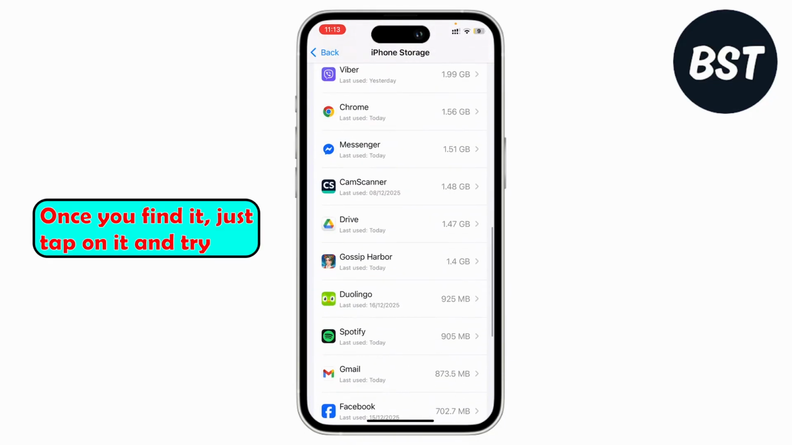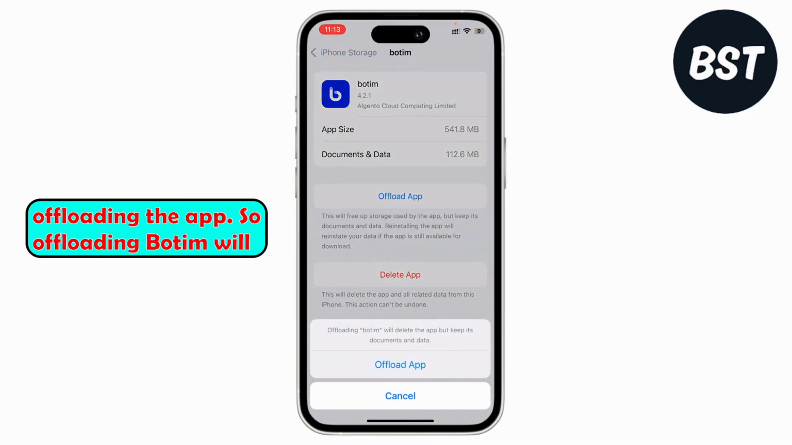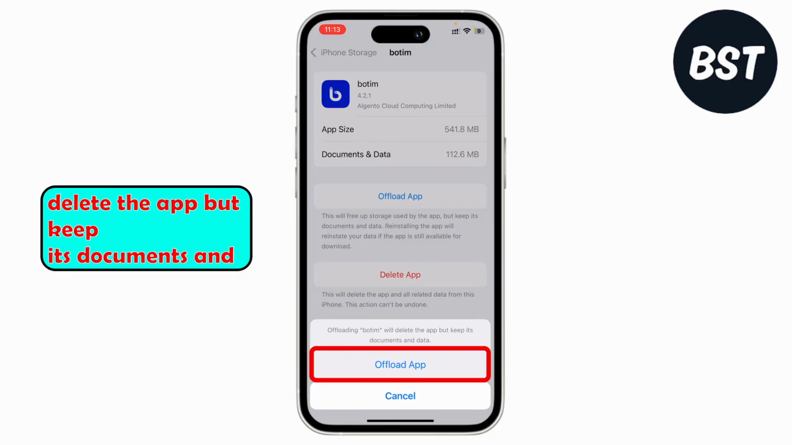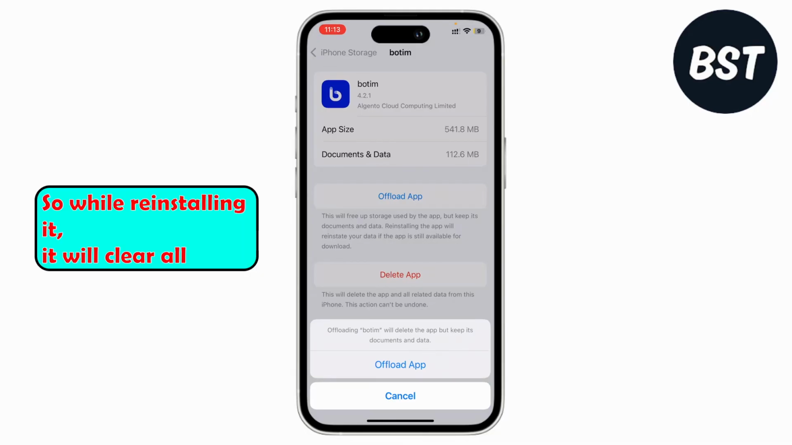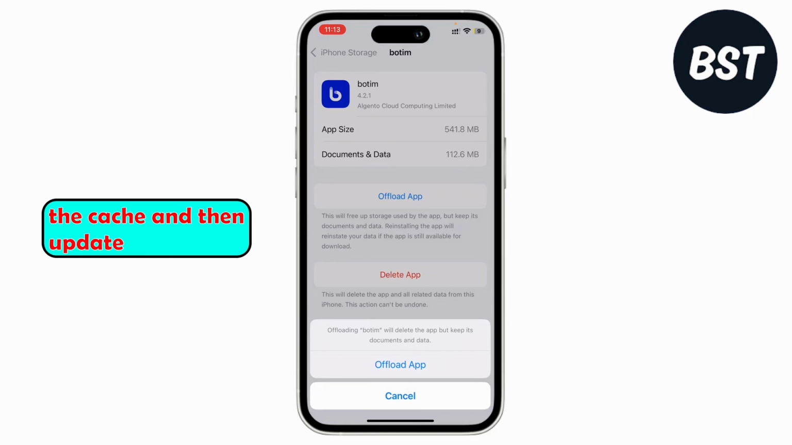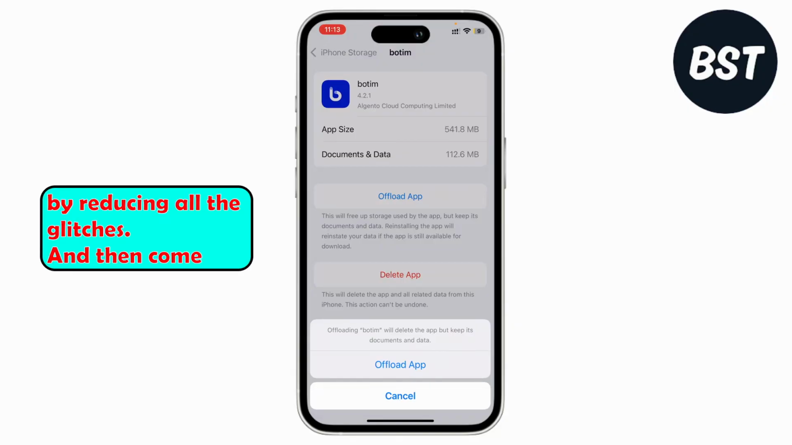app. Once you find it, just tap on it and try offloading the app. So offloading Botim will delete the app but keep its documents and data. And then you'll need to reinstall it again. So while reinstalling it, it will clear all the cache and then update the app to the latest version by reducing all the glitches. And then come back,